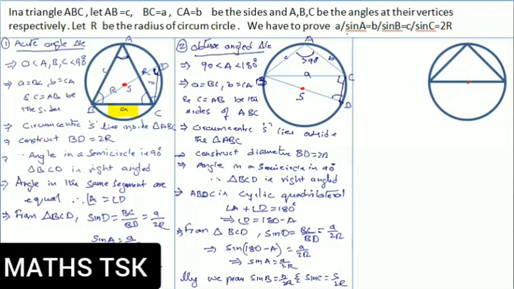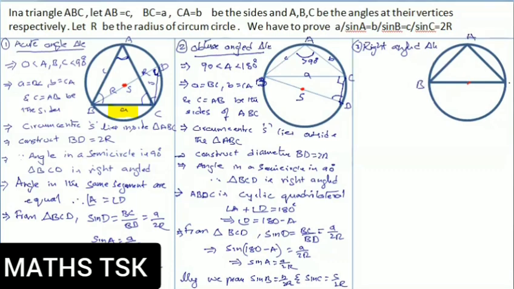Now come to the right angle triangle. It's very easy when compared with the remaining two. Third one: here I consider this as A, this as B and this as C. Here it will be 90 degrees. I consider angle A as the right angle. In a right angle triangle also we write the angle first, that is angle A is equal to 90 degrees. When you compare, there is acute, there is obtuse, there is right angle.